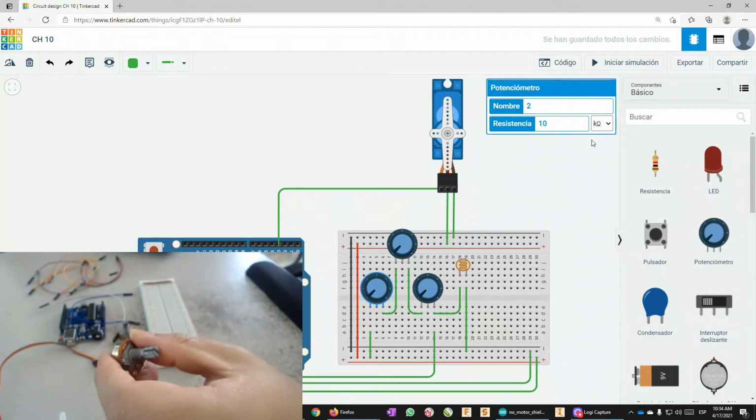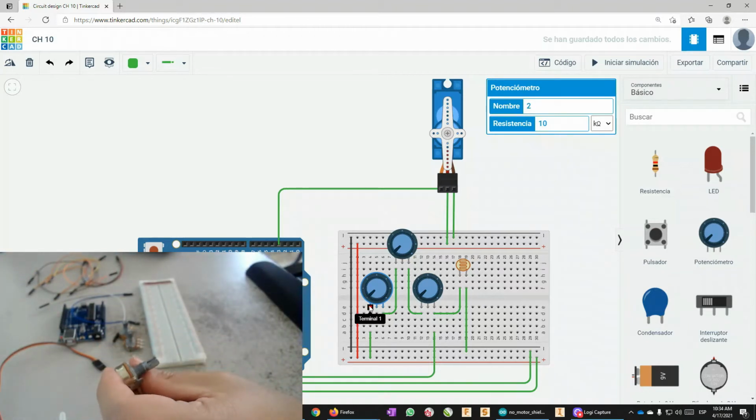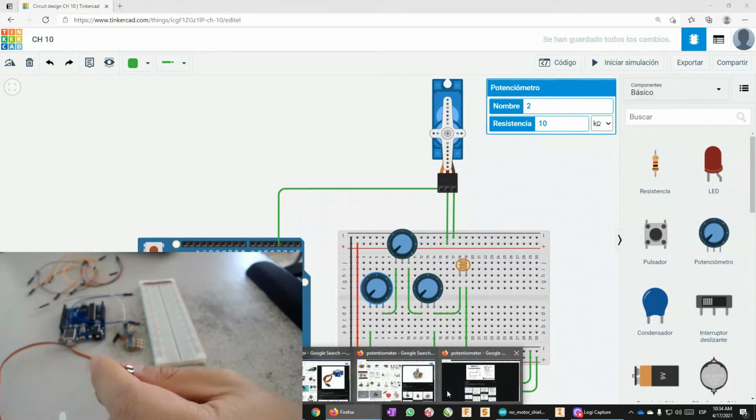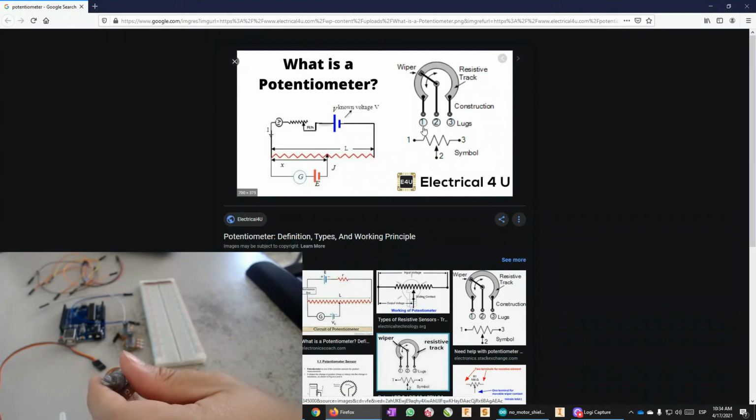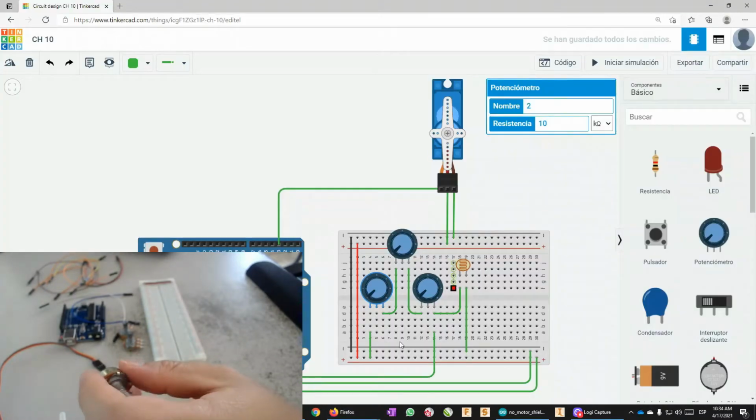This time, as you can see, we are using the external terminals in a serial way. This time we are going to use the full resistance. You see, we connect the first and the third lug connection, so the resistance is the full resistance in the potentiometer. So we got 10 kilo ohms together, and so because they are in a serial way, we got the